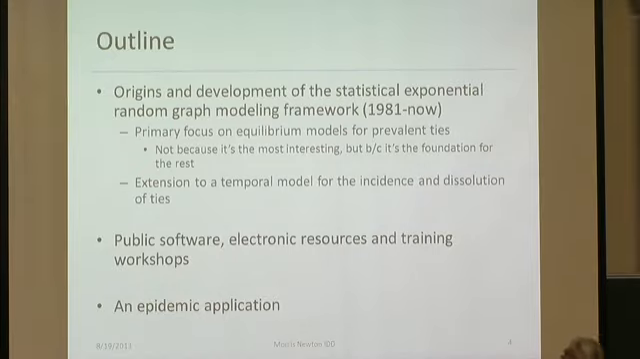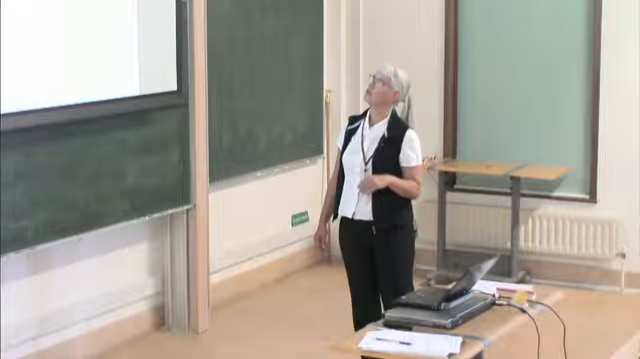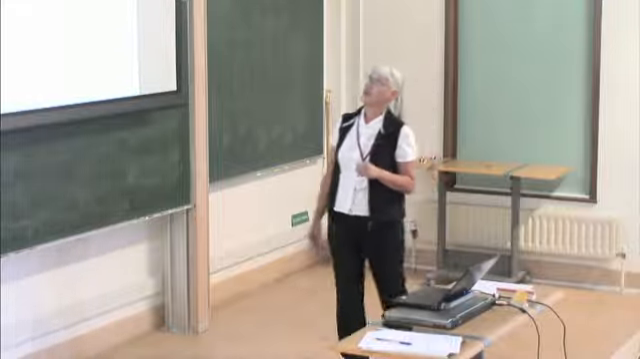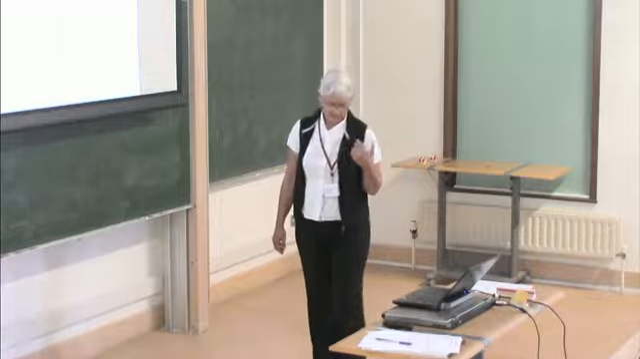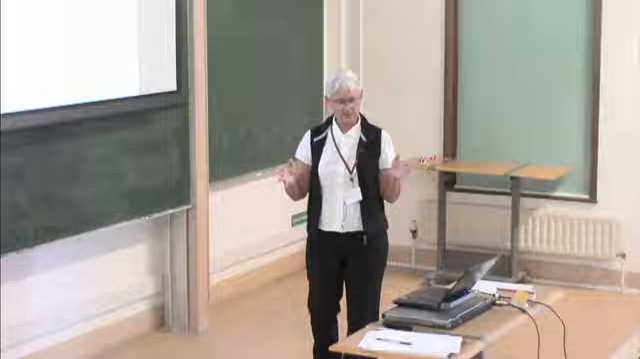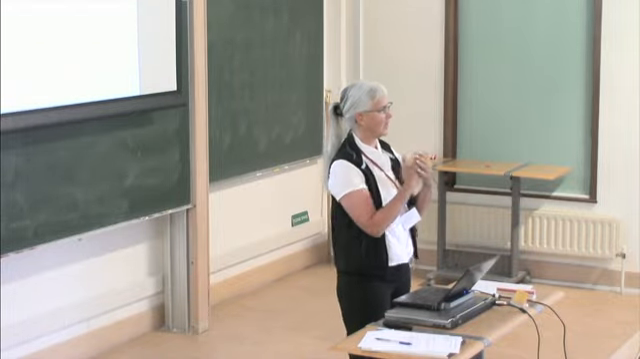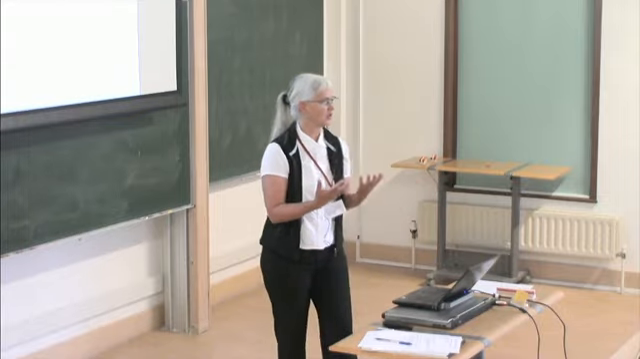So I'm going to spend a fair amount of time talking about the origins and development of the statistical exponential random graph modeling framework, which really started in 1981, which wasn't that much before the Newton workshop. And it was kind of perking along under the radar at the time. The primary focus of the talk is then going to be on equilibrium models for prevalent ties, which in some ways are the least interesting models, but because they have so much of the structure that's going to be necessary